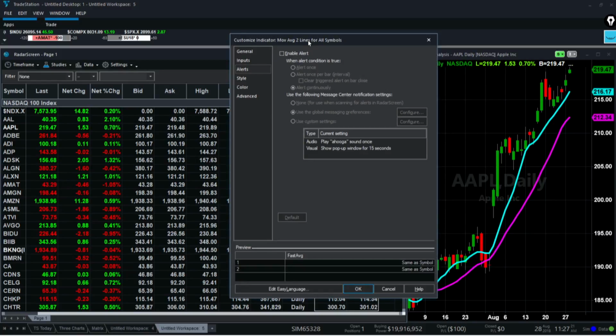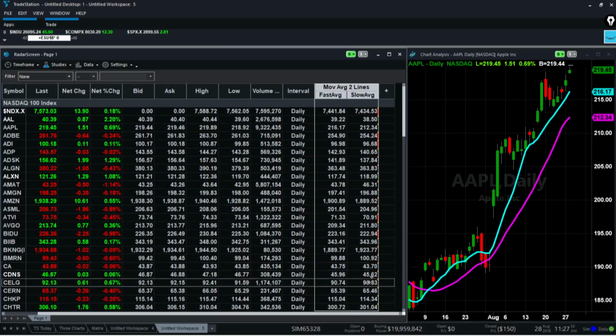When I do that, I can enable an alert for all the symbols that are here. I can choose the alert to be continuous, but I'm going to disable the messaging. Messaging meaning the sirens that get triggered and the pop-up messages. When you turn on an alert on hundreds of symbols like this, you're better off turning off messaging. The least you want to do is spending time clicking off every single alert pop-up message. So I disable